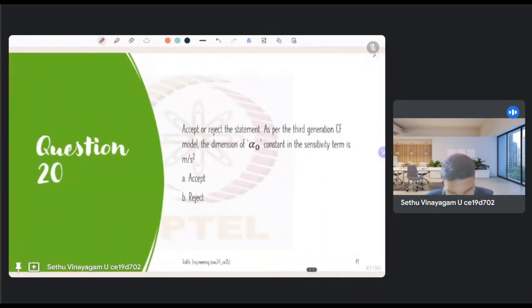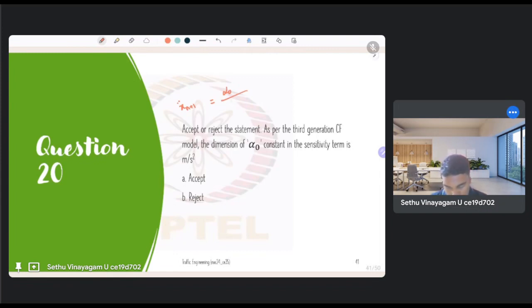Okay, next, accept or reject as per the third generation car following model. So this is with respect to the General Motors models. The dimension of alpha naught constant in the sensitivity term is meter per second square. So we have to accept or reject it. If you look at the third generation model, we have the response, which is acceleration, the second derivative of the position for n plus 1, which is the follower. This is the response. So this will be a function of the alpha naught sensitivity term, and this sensitivity term